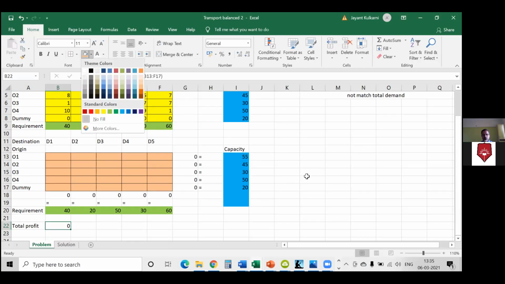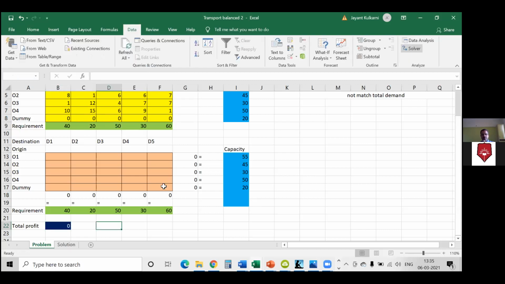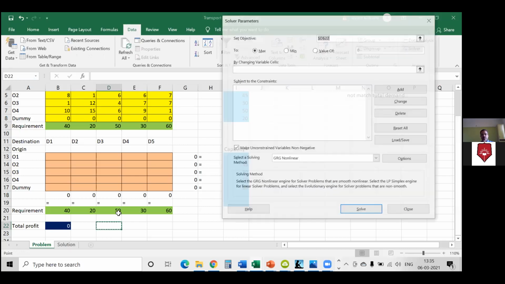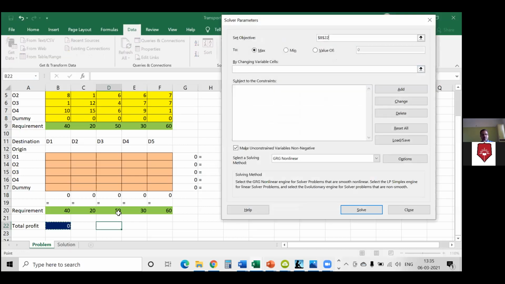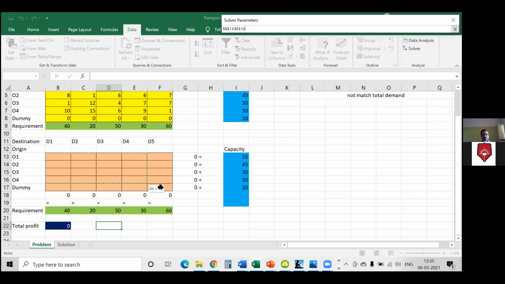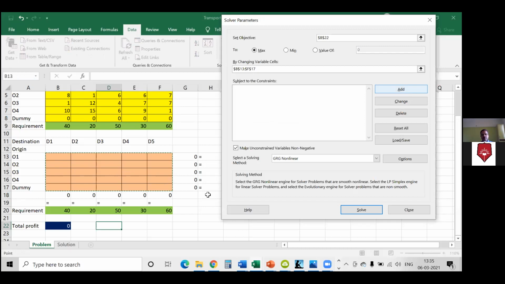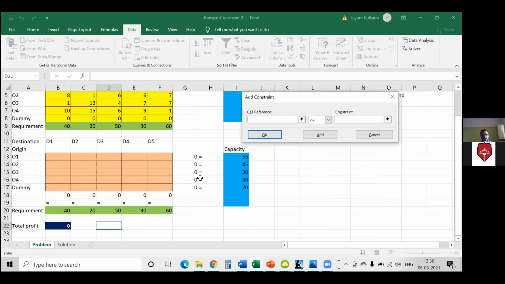Okay, now we know how to solve this. Under data, I'll go to solver, right? Set objective is my cell which has the formula for the profit. Now the difference here is we are not minimizing this, right? So we are setting it to maximum because there is profit. Okay, so I'm setting it to maximum now, not to minimum. By changing what? By changing the quantity matrix cells subject to these 2 sets of constraints.